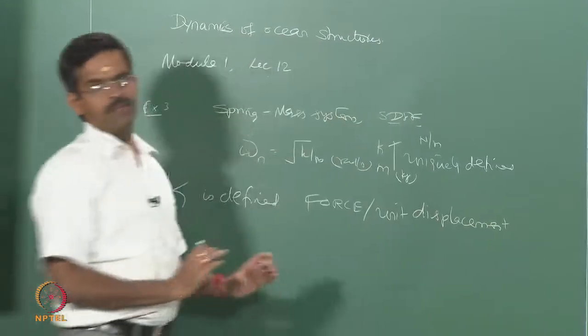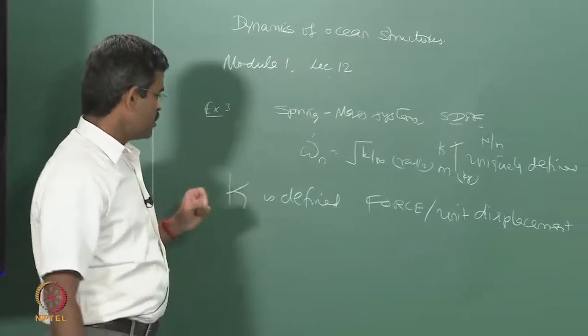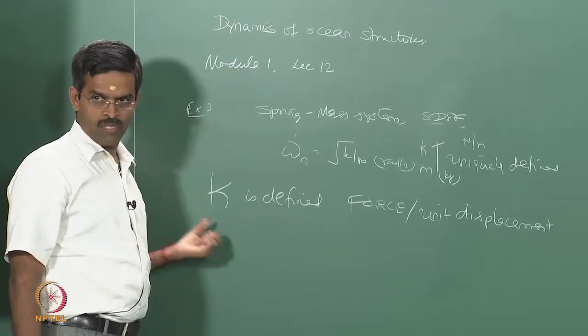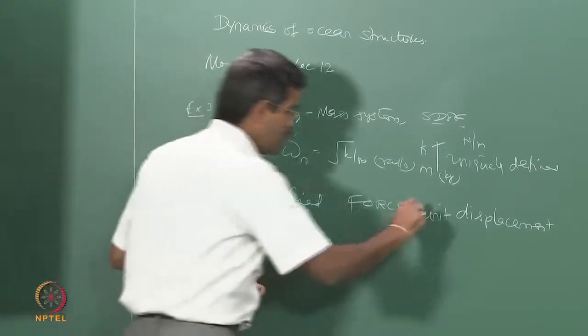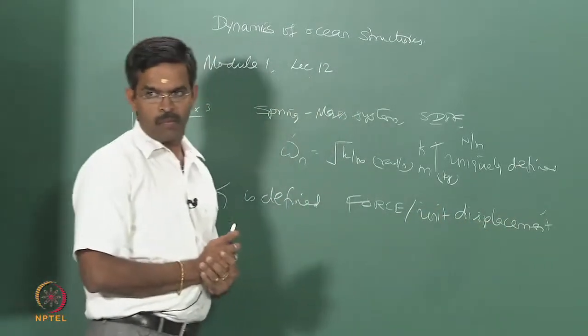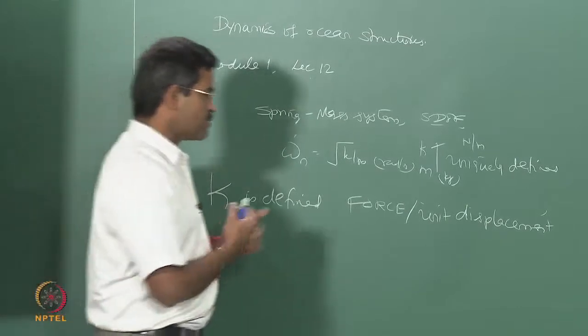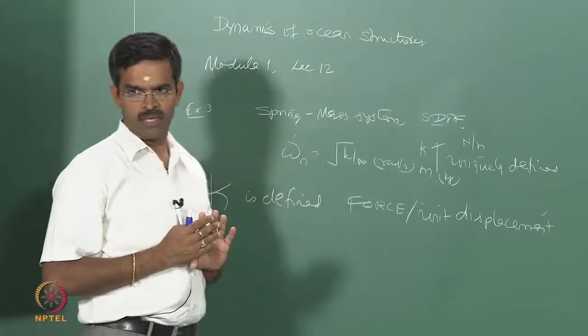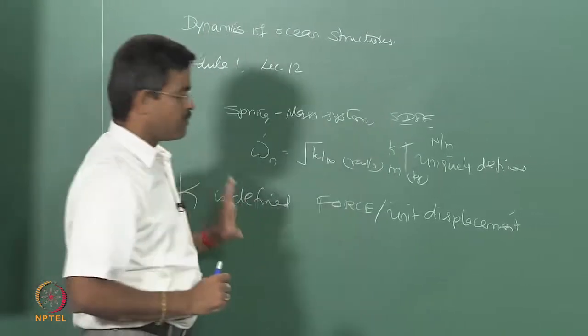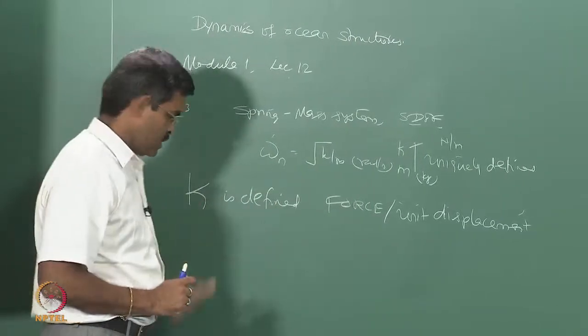So, the algorithm is very simple here. If we really wanted to derive the stiffness matrix or stiffness coefficient of a given system, give unit displacement to the system at the points where you want to, and try to find the forces in each member. I apply the same concept here for a problem and see how we can do this.